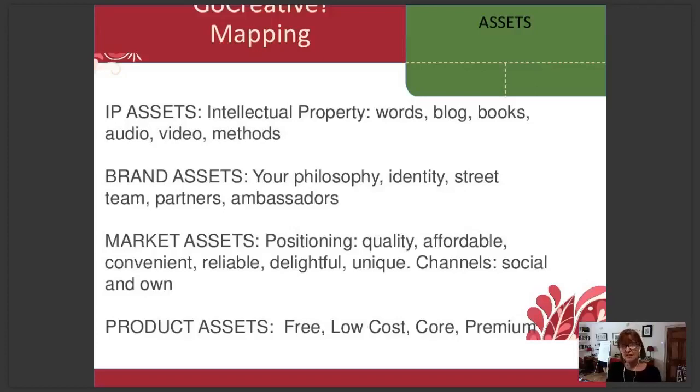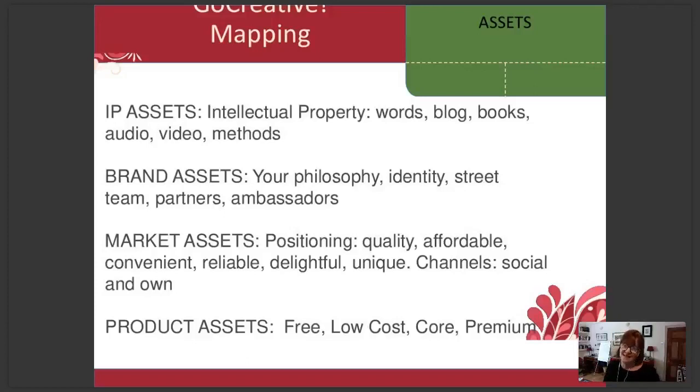The final one I'd like you to think about that often gets overlooked is methodology. If you have a method or a way of doing things, that also is intellectual property. So this very webinar that you are attending at the moment is part of my intellectual property, this Go Creative method, which is about doing business the creative way, all the different maps and ideas and ways of approaching business that are embedded in this whole concept and in this book series.